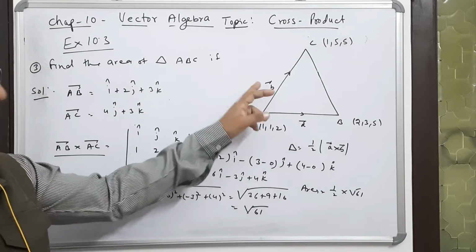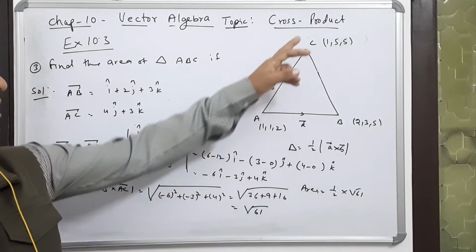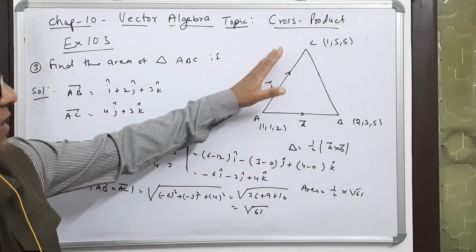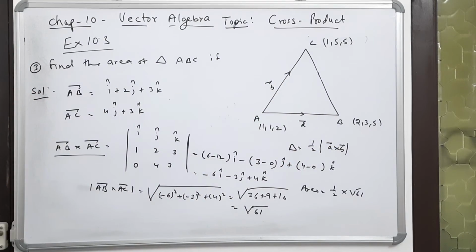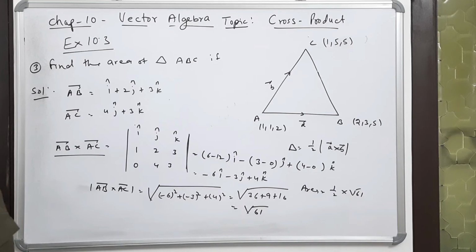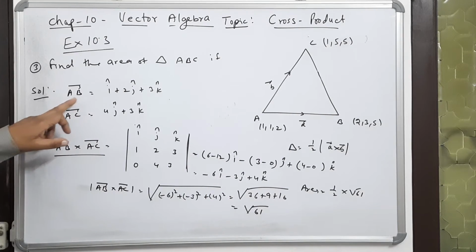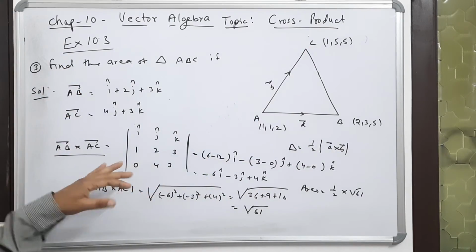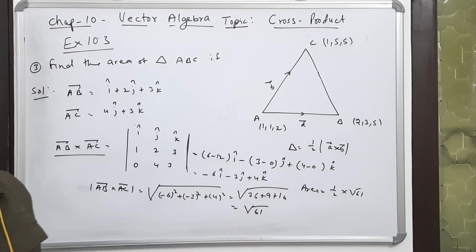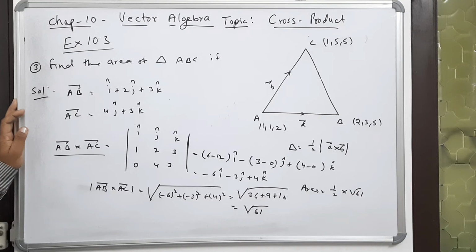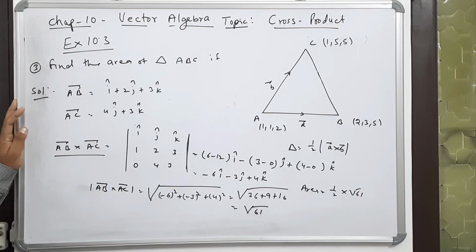If directly the sides are given, then it will be easy. If the vertices are given, then also we can find. And if the vectors are given for the sides, then also we can find. So the objective of this problem is to explain you many things. Now in this even I explained to you how to find the vector joining the point A to B, A to C, cross product, magnitude, all these things. So these types of sums can be asked in the exam in any form, and I feel that this is an important problem for the board exam.